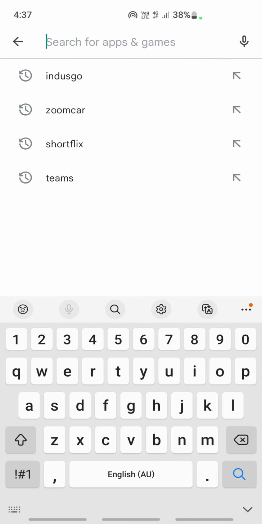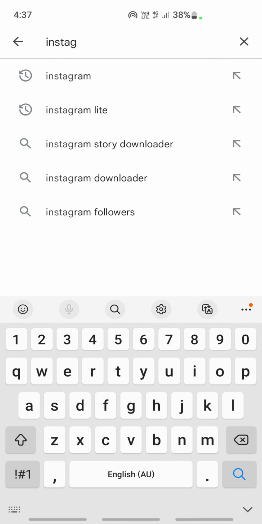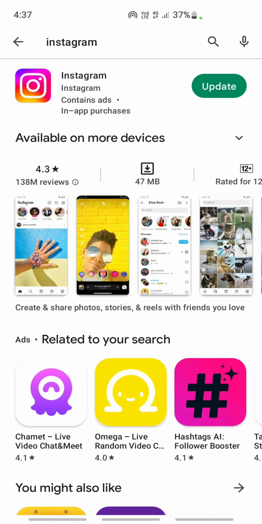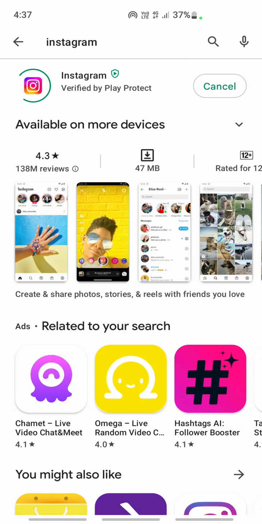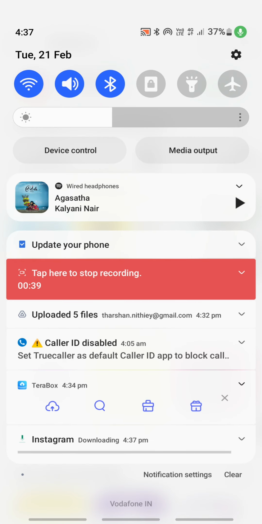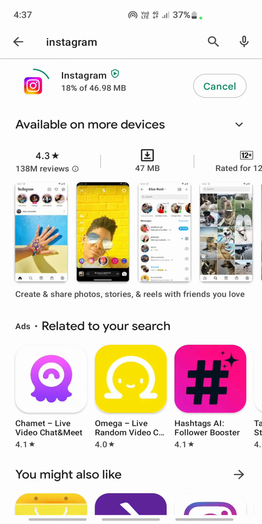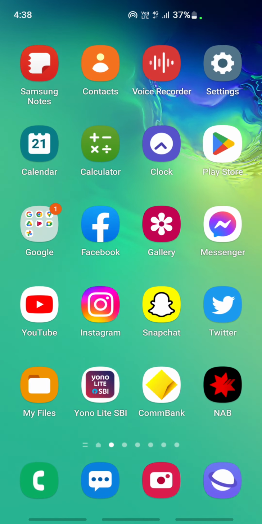So go to your Play Store and search for Instagram and see if there's an update. If there is an update, something like this, click on it and update your app. So that's one of the troubleshooting options. And once you have already updated or there's no update for Instagram, and if it still doesn't fix the issue,